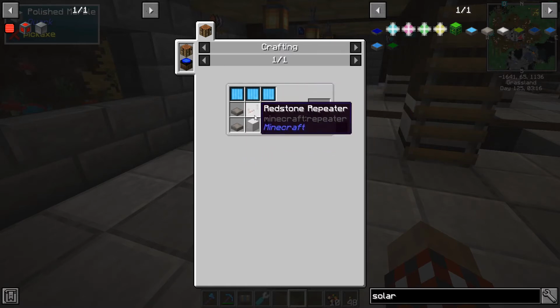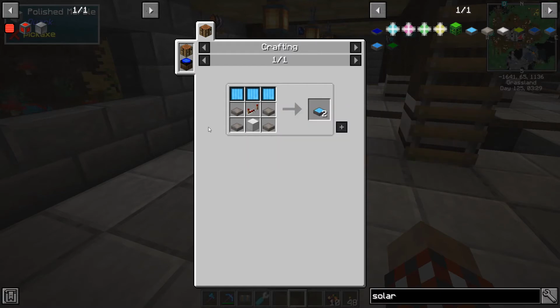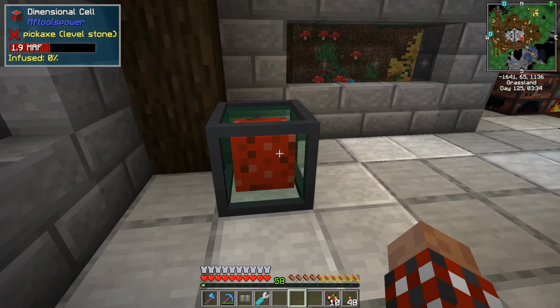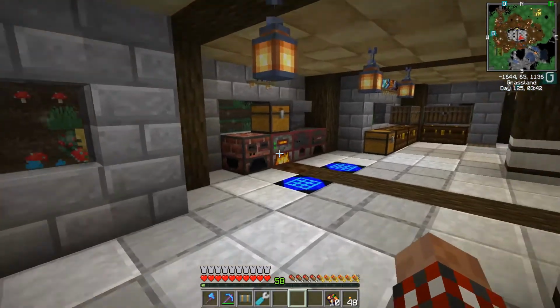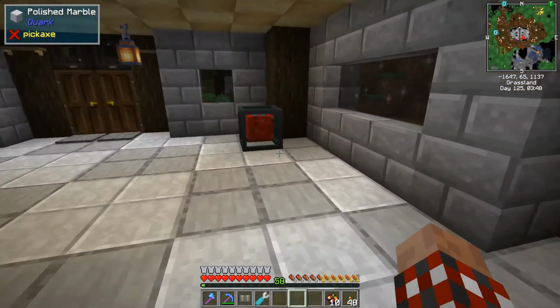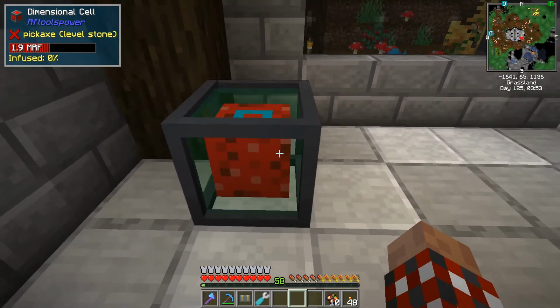I could do all this. Oh, but that gives me 2 solar panel 2s, or 3s. That's not bad. At 32, that would be 64 RF a tick during the day. And if I have that hooked up to one of these dimensional cells outside, I just continually have power coming in. I like that. I can put coal and charcoal into this to feed in large amounts, or the solar will just slowly tick away and get that going. So, okay,